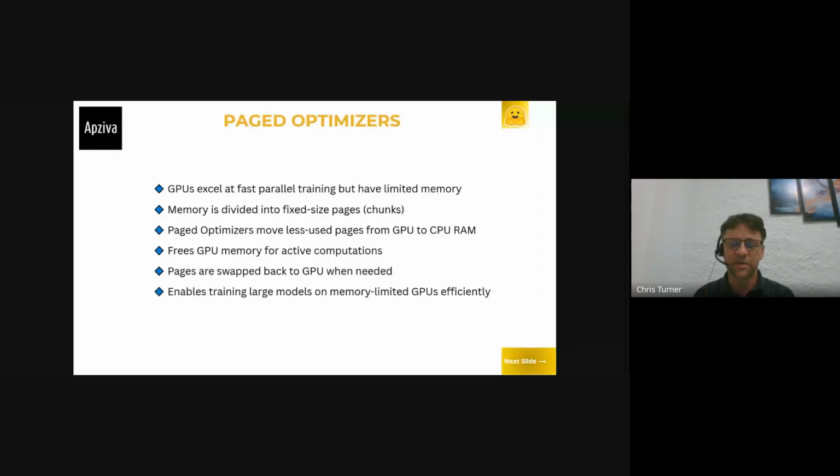And so the paged optimizers are really just a way of making sure that any of the data that's needed for calculations, this page of memory, will be moved onto the GPU, and any data that's not needed for calculations will be moved to the CPU for storage. So it's kind of like a smart paged memory function that just juggles the memory pages of data of all of our weights around the computer for us.